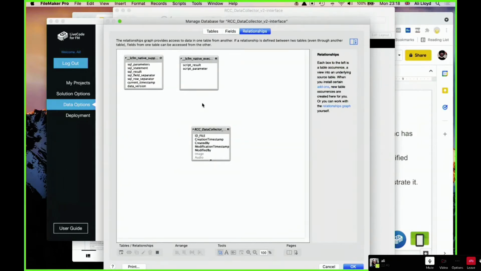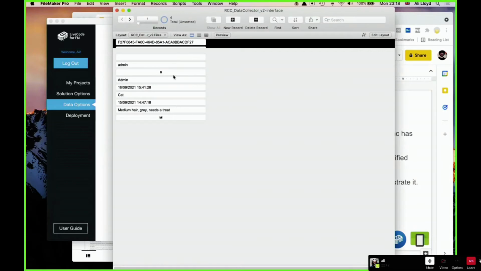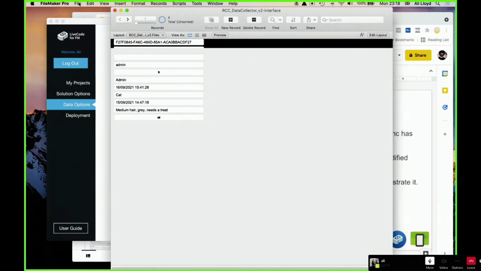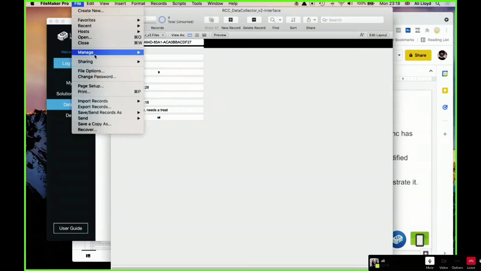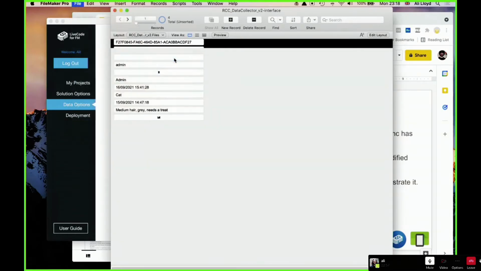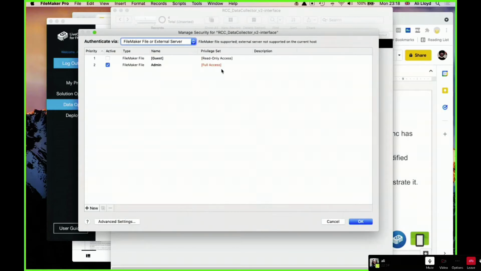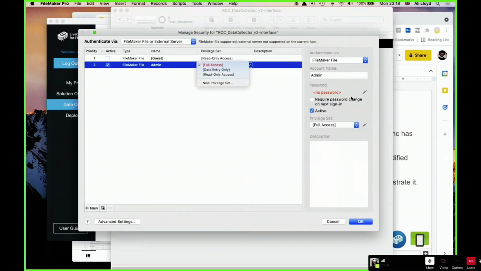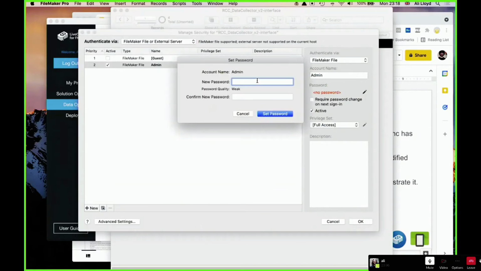It will add table occurrences for every table that you want to actually sync, and it will add these fields, and you just need to go into the account security here and add a full access account, the same as the one in your original solution.